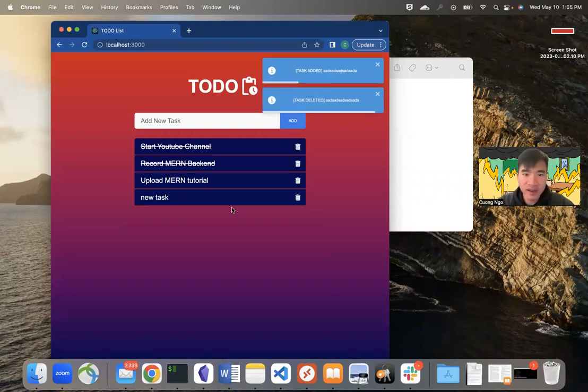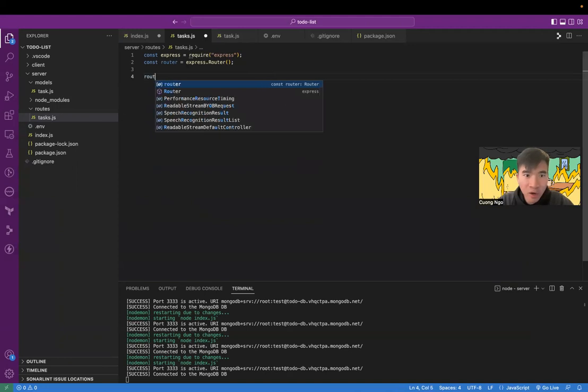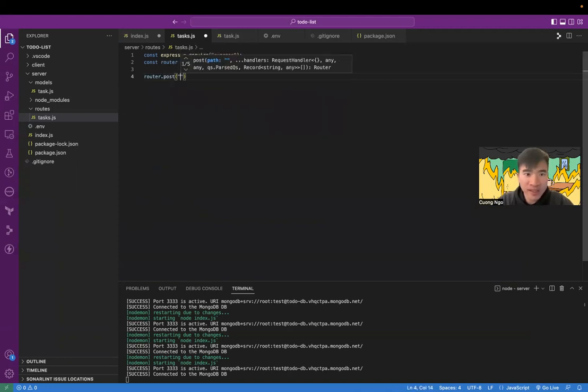So let me just delete that, okay? So the route to add a new task from the front end to the back end to the MongoDB, we will need to make a post request, okay? So router on post request to this directory, I'll explain later. I keep saying I'll explain later, but I'm not putting it off. I will be sure to explain it when we get to that part of making